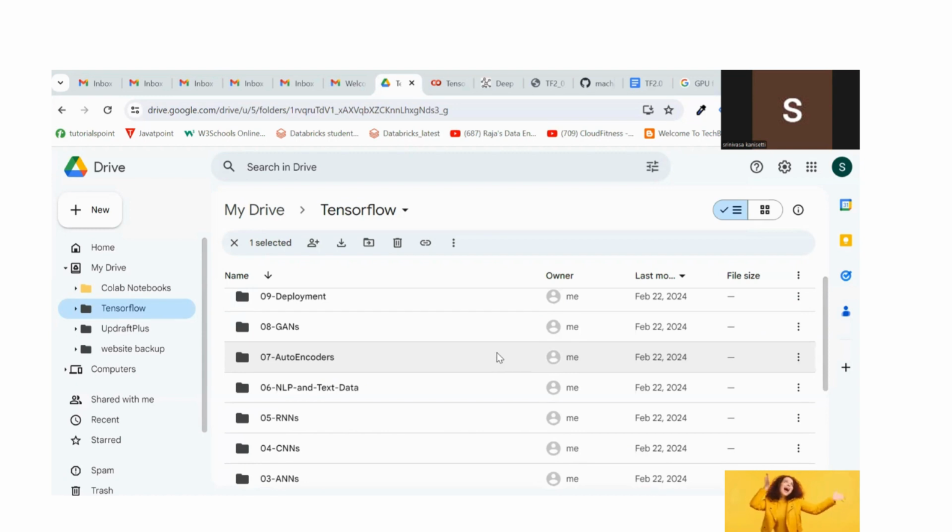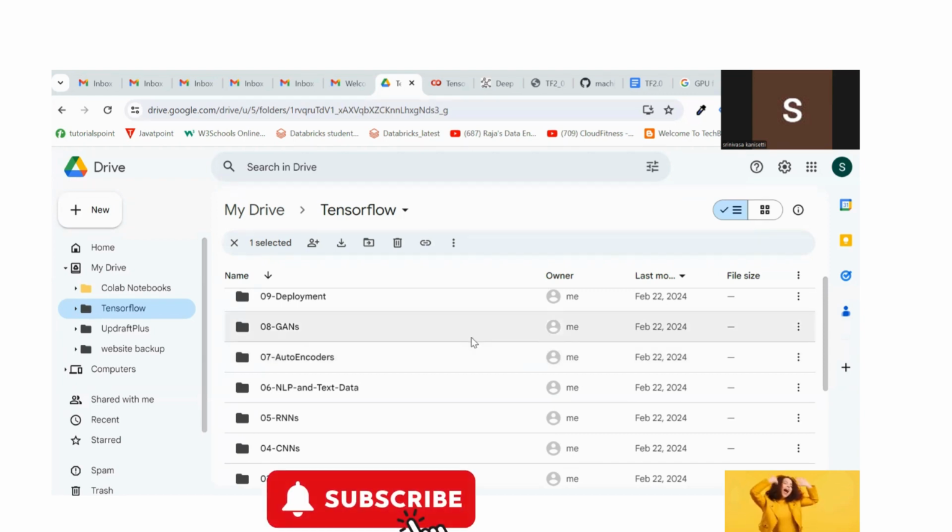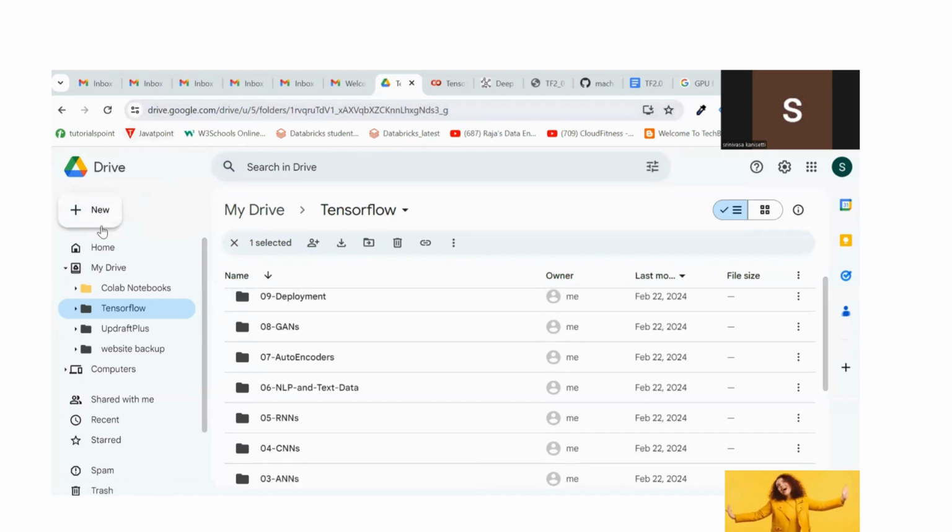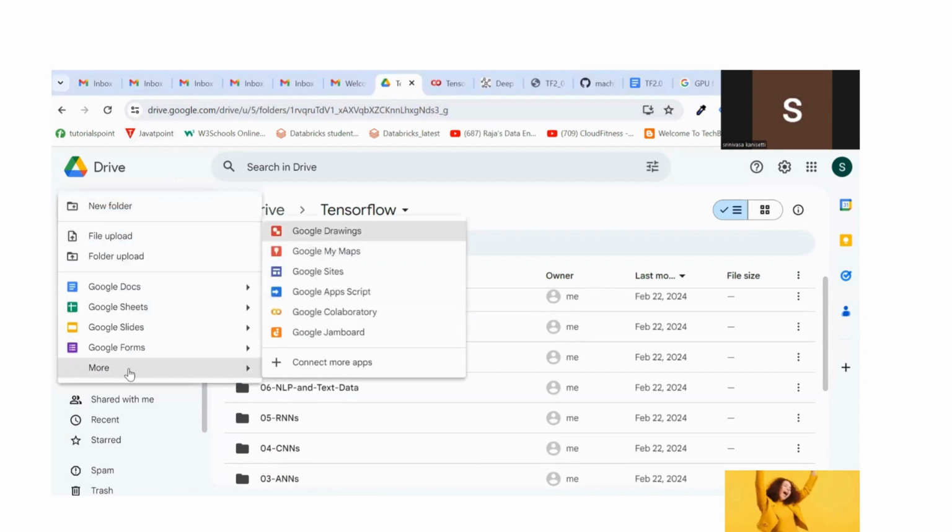Okay. First of all, all TensorFlow practicals we will do in a Colab environment. How do you open the Colab environment? First of all, we have to go to drive.google.com. Then you have to click on New, and then click on More. Then you can see the Google Colab environment. If you click on that one,